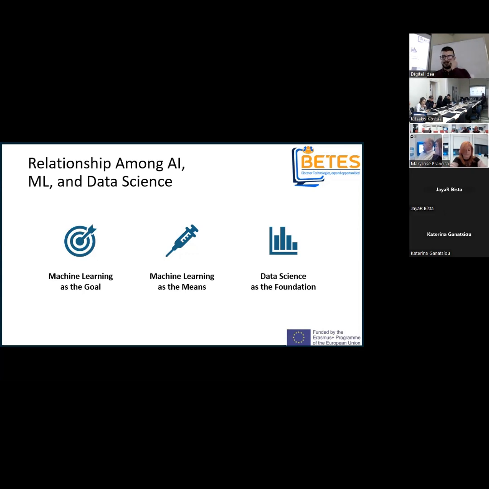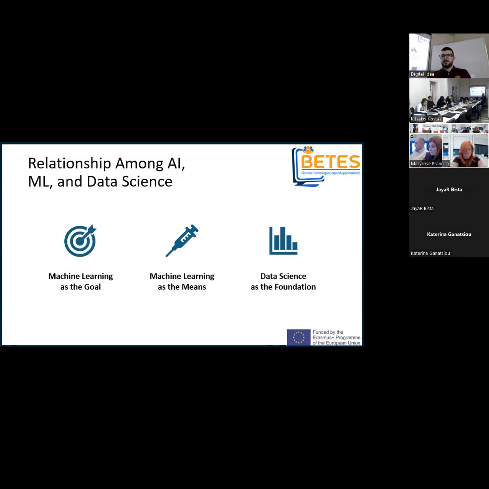And data science can be regarded as the foundation that provides all the knowledge and techniques required to analyze and interpret complex data. It supports both ML and AI by preparing and processing that data, discovering the patterns, and providing insights that can be used to train a machine learning model. Without this kind of science, it would be challenging, impossible even, to create effective AI systems.